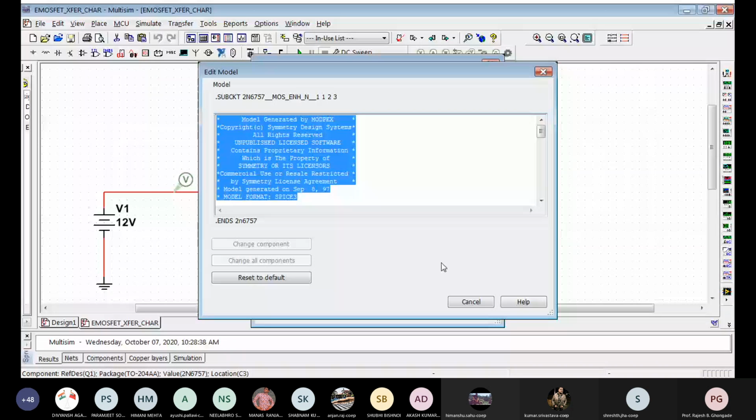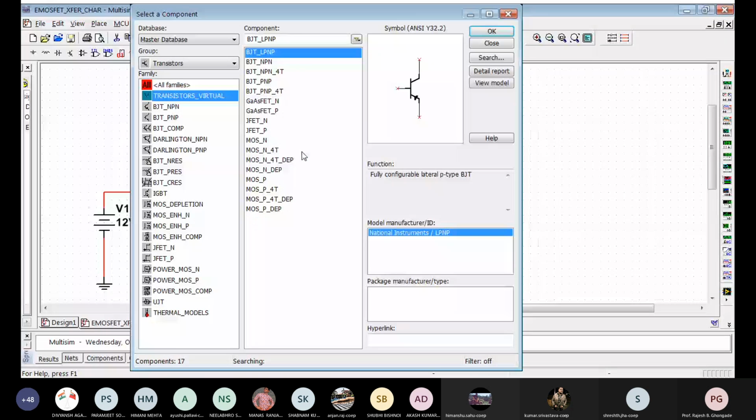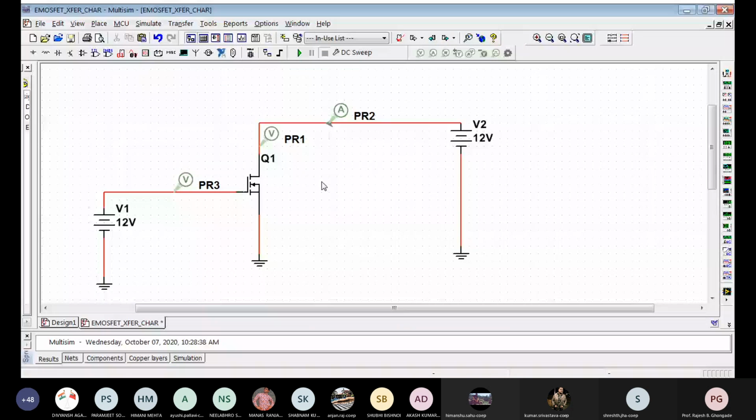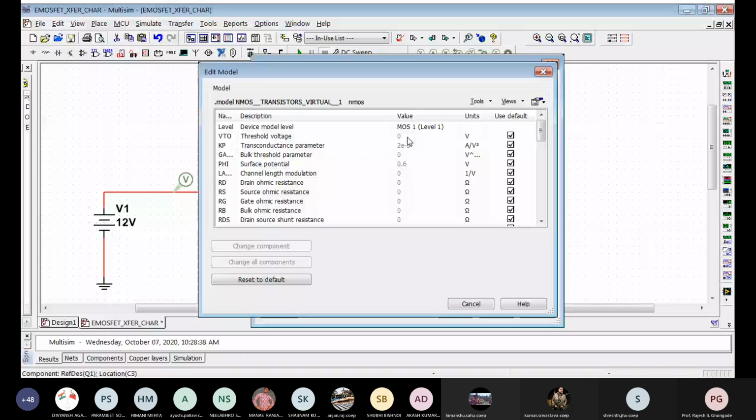Here, since I'm using an actual device, you can just use another device over here, a virtual transistor. So this one will be there. Now, if I double click this, are you able to see this? This is customizable. You can have your own transistor with some length and some width. VT, the threshold voltage, is also given over here. We can set the threshold voltage here.